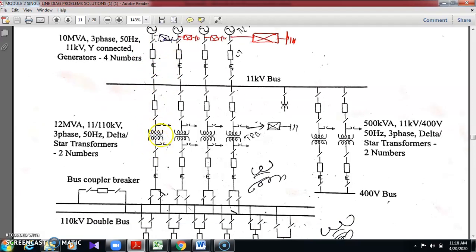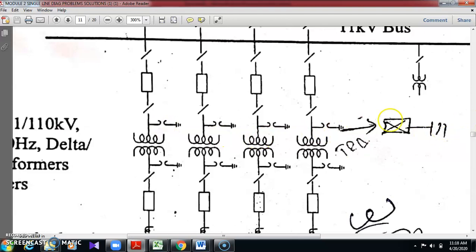Again, the step up transformer you show, just as they have drawn in the book. Step up: primary less winding, secondary more winding you show. Otherwise, you have to draw 2 circles, which is also a symbol of the transformer. But it is better if you draw it like this, it will look good. And on either side of the transformer, they have given a lightning arrestor. Instead of this arc, use a rectangular box like this.